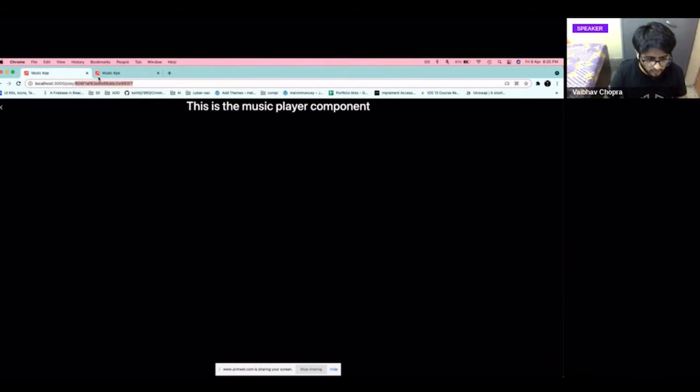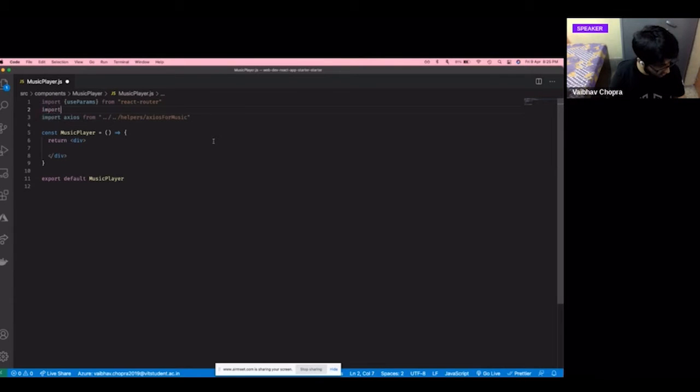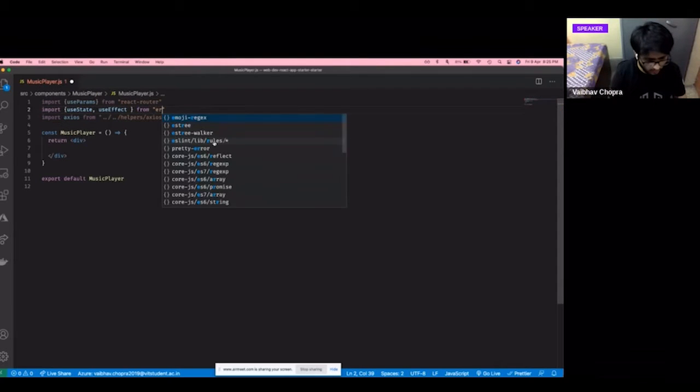This is what you use to access this ID from the browser. So for that you need useParams. Moving on, we will again require useState and useEffect, our good old trusty hooks from React.